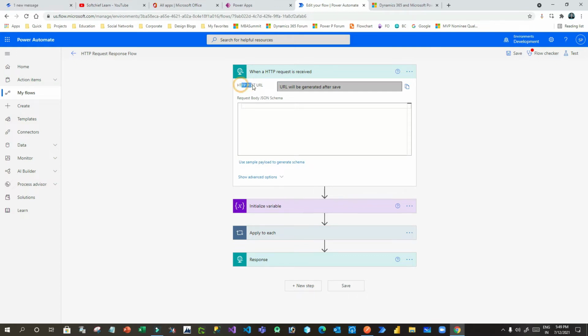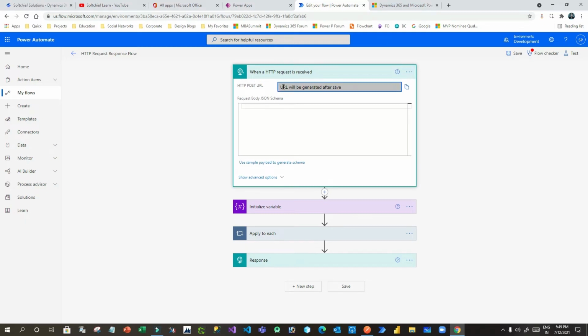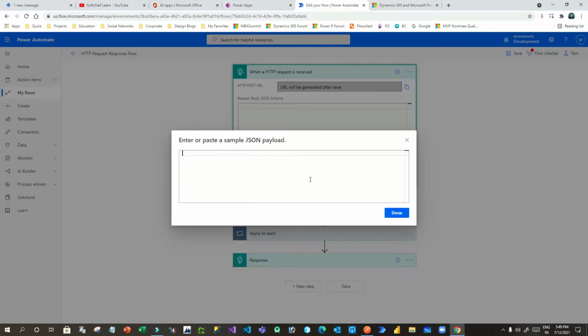You will see there is an HTTP POST URL defined here, and the URL has not been generated yet. Every HTTP trigger requires a JSON schema so that it will identify the JSON whenever the request is received. You can write the schema here, or the easiest way is to click on use sample payload and use your sample JSON data.